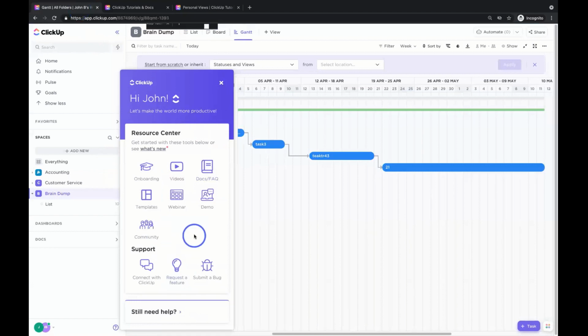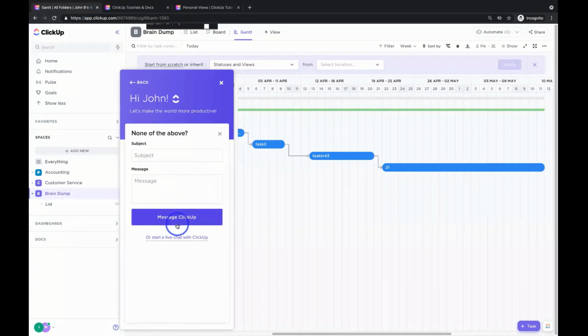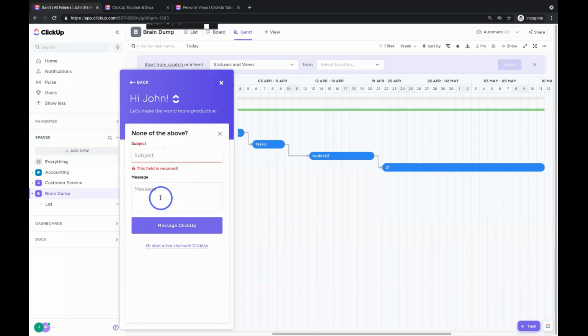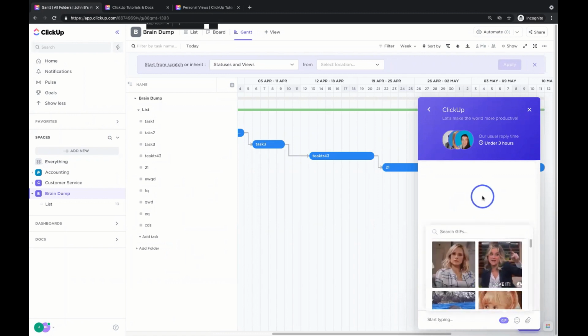Or maybe you have searched there, and you can't figure out what you need to have happen. That's fine. Go here to Connect with ClickUp. Here in Connect with ClickUp, you have the option to talk to us. This is a quick way to send us an email. Or if you want to, you can do a live chat option here. Select the live chat option as well to be able to respond to us immediately, right? This is very fun. I like to get in little GIF battles. We can have a good time together.